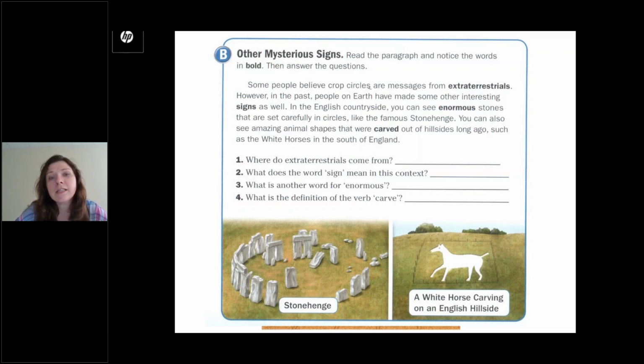So asking questions like that, for example, what is another word for enormous? Now you give me the synonyms, right? You have this word enormous, stones. Can you create other ideas? What is the definition? Now you give me the definition, right? What does the word mean in this context, right? So we ask them these questions, and so they will analyze the word, what is around the word, and they will remember it much better.